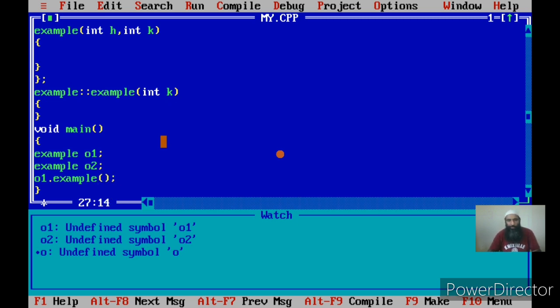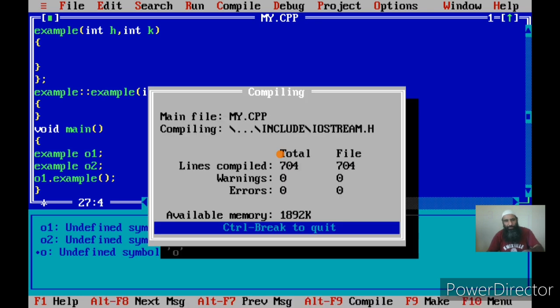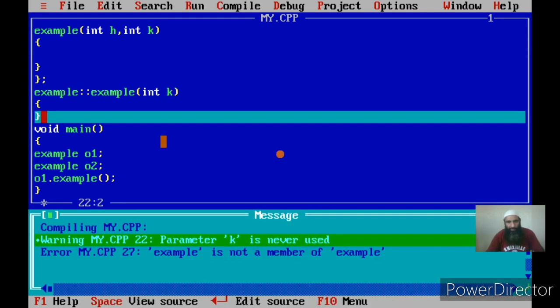Now I am calling a default constructor with the object. This time I am calling the constructor explicitly. That is, here in the third statement within main, I am not actually creating an object, I am calling a member function. This is also possible, you see the error here.